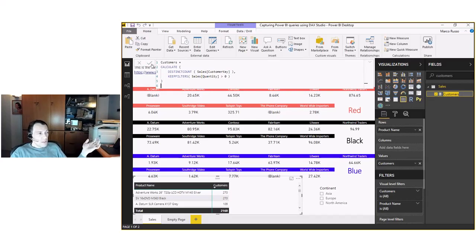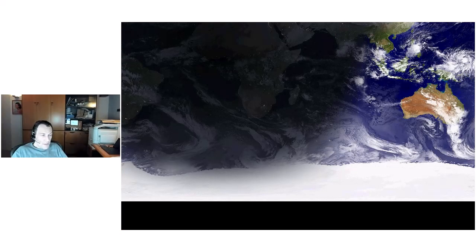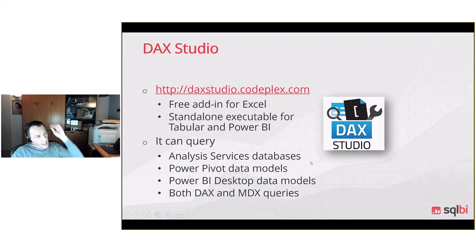Now that we understood the problem, we can save this query, and now everything is much faster. And in my model, when I click on the slicer, you will see that I wait just a few milliseconds to see the result. I no longer wait a few seconds to see the result here, because I optimized my query, and my measure, sorry. So at this point, I can go back to the slide,